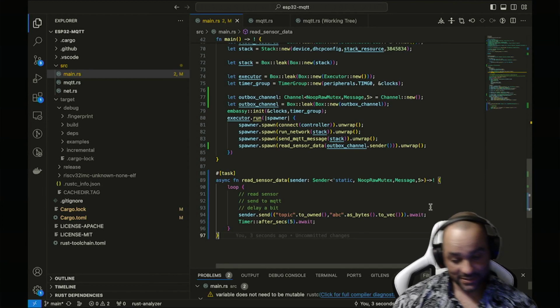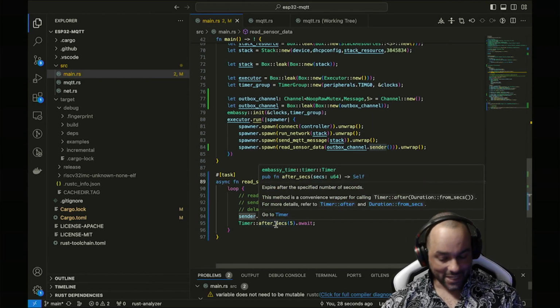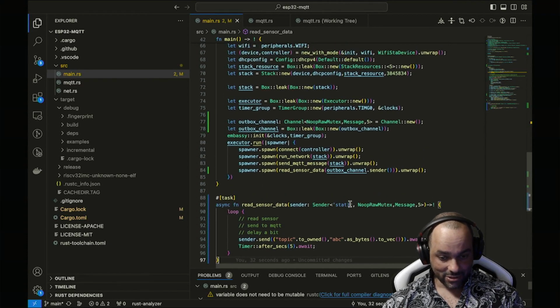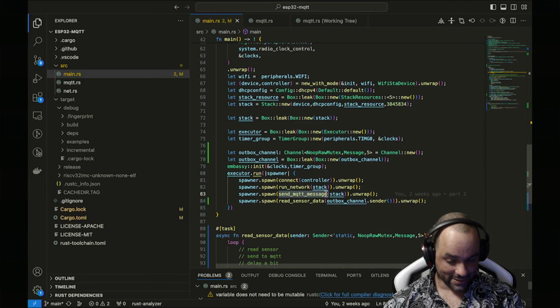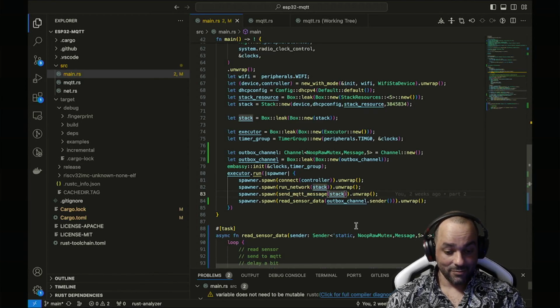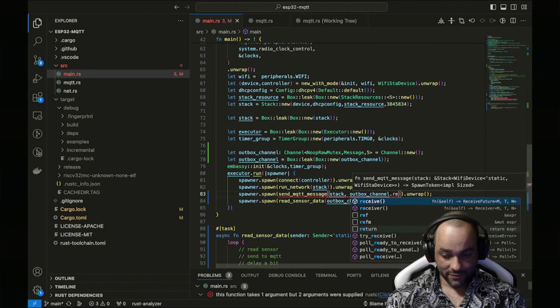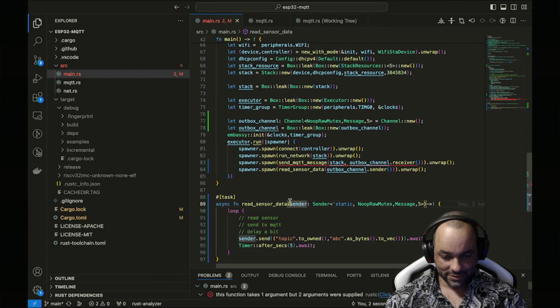What is next? So now I send it into the channel. This will work for a few times. Well, exactly 5 times, because then the channel is full and nobody is reading it. So I need to add the channel as well to the sending side of the MQTT side, because I need to give it a receiver. So I add here outbox channel dot receiver. Now just copy paste this quickly and change it into receiver